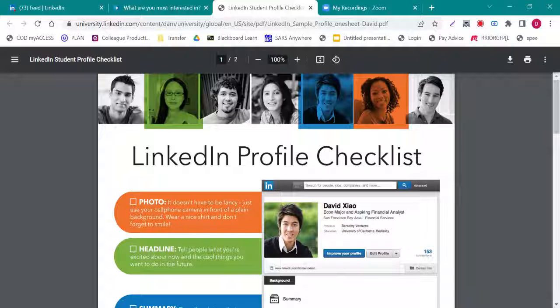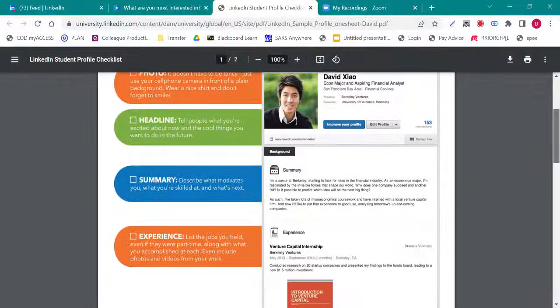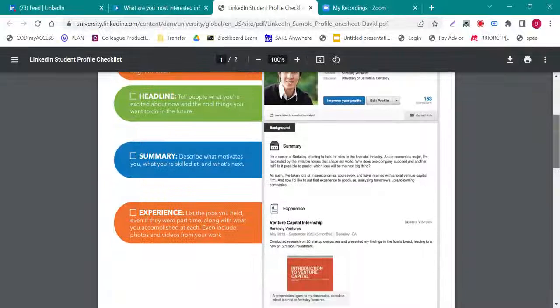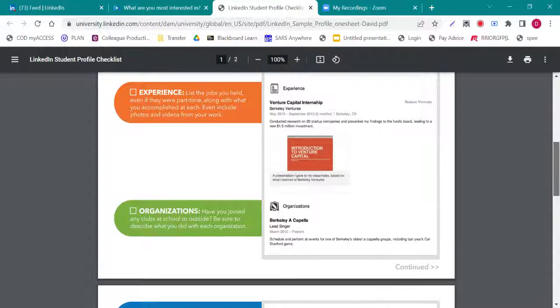So first, I wanted to draw your attention to the LinkedIn profile checklist. This is going to be in the assignment for the LinkedIn assignment in this week's folder. And this is a nice step-by-step guide that's going to tell you exactly what you need, or some tips for creating your LinkedIn profile as a college student. There are some nice sections in here. It's pretty easy to follow. So definitely always refer back to this guide if you forget what I say in the video, or you want a quick and easy step by step how to create your LinkedIn.